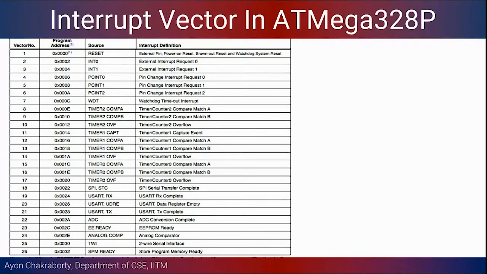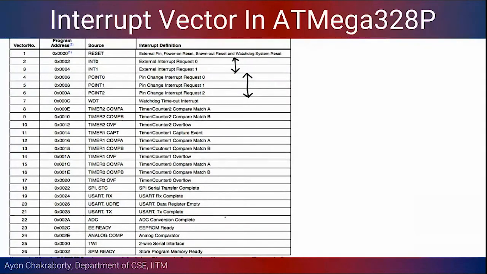If you are using any microcontroller, not specifically this Atmega 328, any sort of microcontroller, you will have this series of interrupt service routines that are available ready-made. These are the different definitions that we have. In this case, there are these two external interrupt requests, so you can hook up two switches to this particular microcontroller. Then there is something called pin change interrupt request, which is somewhat similar but not exactly similar. I can explain when I come to that. I'll also go over this particular concept. And then there are other things.